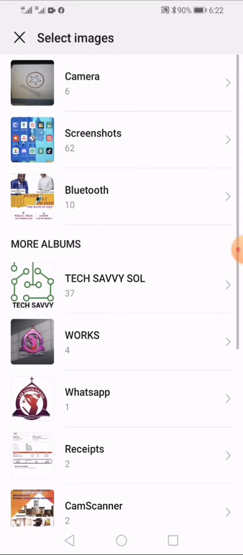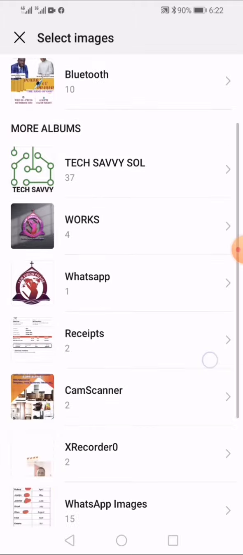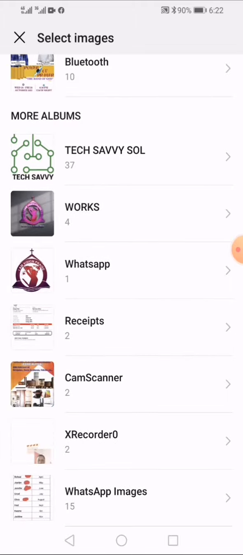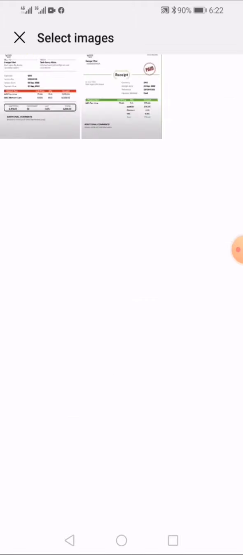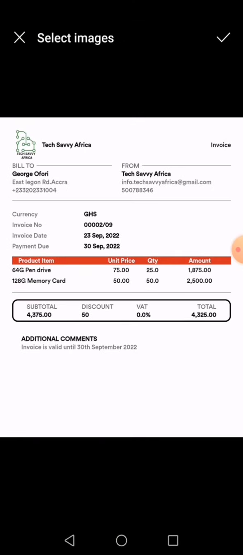Now, I want to convert an image to text. In my folder, I have different albums. So I go to a folder called receipt. Now, this is a receipt, but this is an image. It's a JPEG. You understand me? Now, this is what I convert to text. Look at it. When I click on it, nothing is moving because it's static and it's an image. So I just click on the mark sign up there on my right corner,